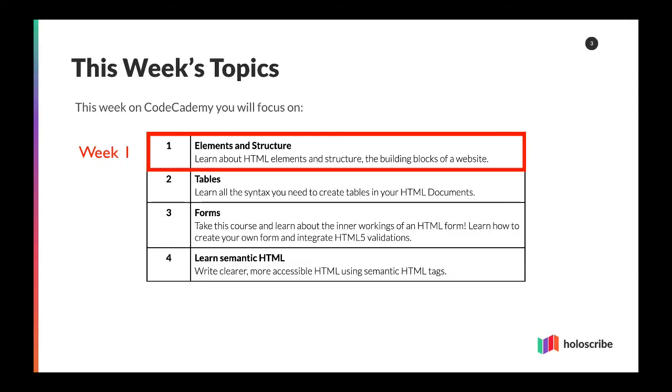For this week, we're going to be covering 2 HTML lessons. The one we just started was the elements lesson that had 16 steps for you to get through. After you complete that, you can move on to the structure lesson. Once you've finished that, by all means, you can continue on to tables, forms, learn semantic HTML, and even more. But if you're following this course with us, elements and structure are the only 2 lessons you need to do